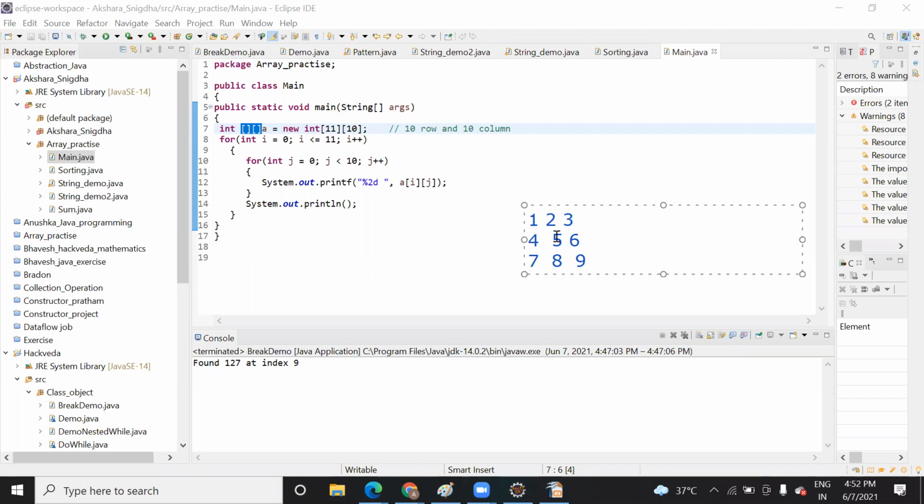So it is something like this, right? A two-dimension array where you have rows and columns. This is your row 0, this is your row 1, and this is your row 2.